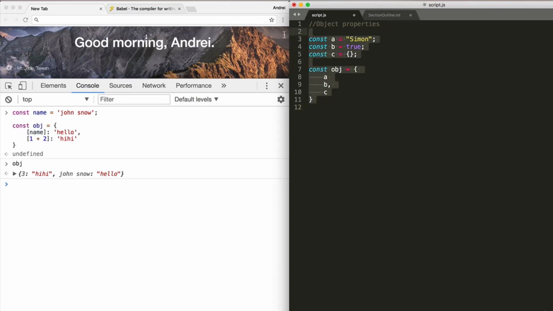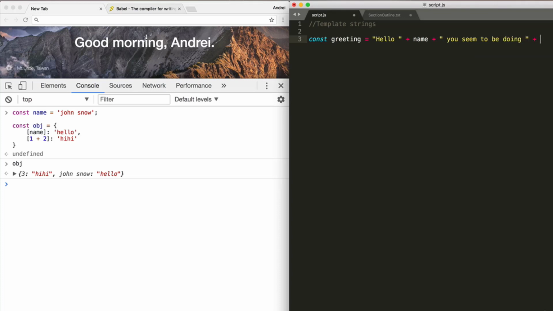All right, something even more fun. And this time it's template strings. Now, remember when we have, let's say, a greeting, how annoying it was that we had to do hello, name, plus you seem to be doing, plus greeting. And then let's say you had an exclamation mark. And you also had to worry about backslash if you had an apostrophe. That was really tedious and annoying. Now, you can do something really fun. Instead of doing it this way,